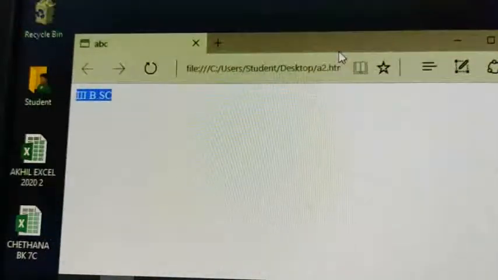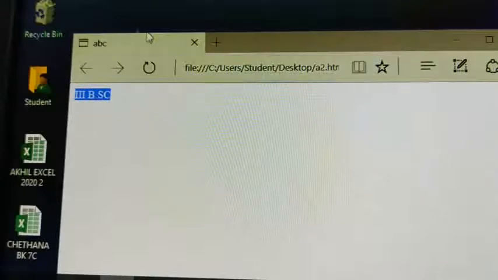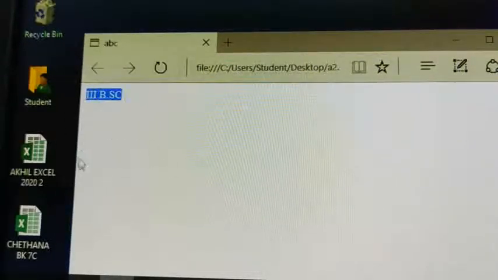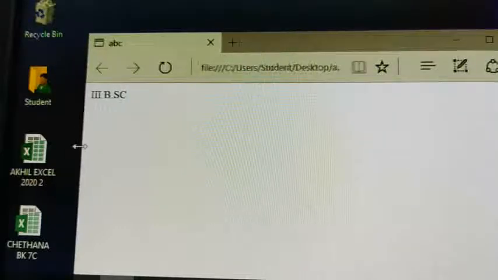So this is the HTML document in the browser window. What title I have given? You can see the Notepad and this browser window.